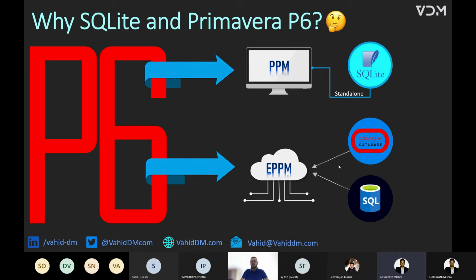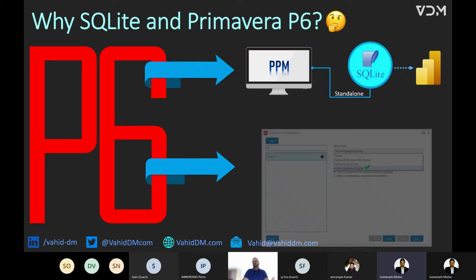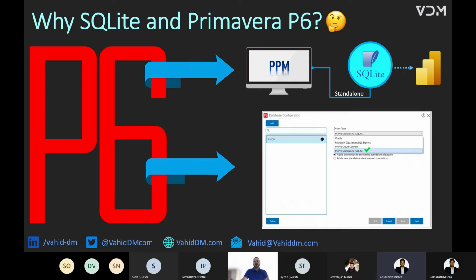So it's easy to connect that, but in terms of the PPM, one of the PPM versions is the standalone, which is the most popular version of P6 in the world, and that version has the SQLite database. Because of that, I selected this topic to kill two birds with one stone. Connecting SQLite to Power BI is not that straightforward because there is no certified connector. And if you want to connect that, you need to use another connector and define some other